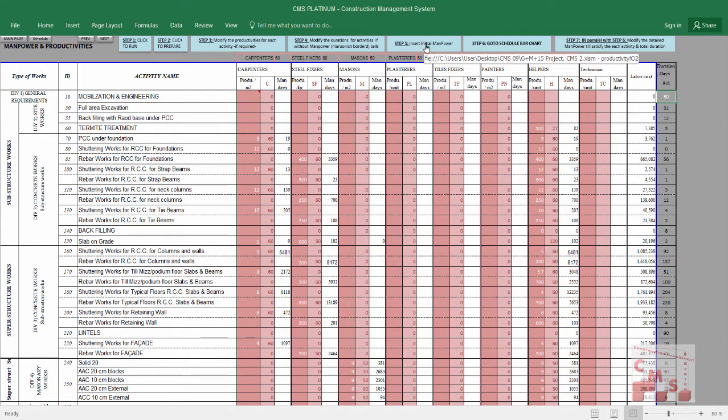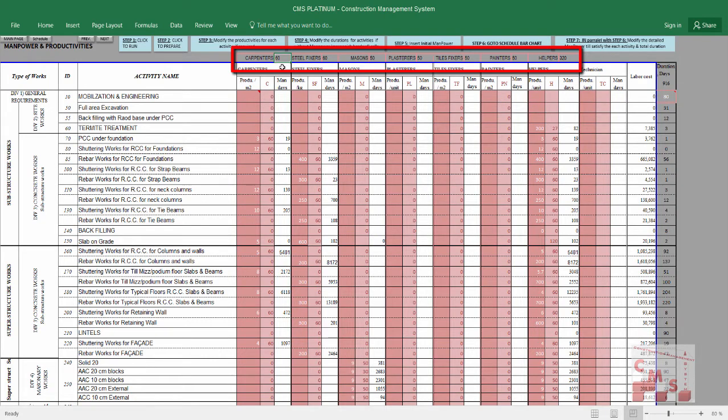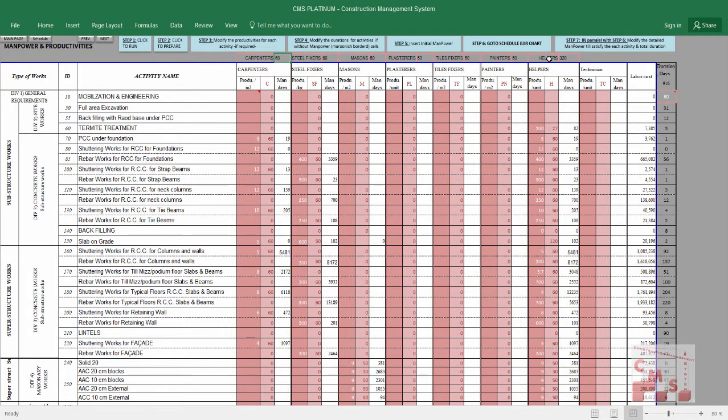Step number 5 is insert initial manpower. So here we have carpenters, steel fixers, masons, plasterers, tile fixers, painters, and helpers. What is the meaning of the initial manpower? It will not be fixed and it will not be final. It's only an initial manpower to allow CMS to start generating its scheduling, and you can insert any numbers you need. Maybe you can start with your company capacity, or with the numbers which you can provide for the project. Accordingly, CMS will start calculating all the durations for the project,